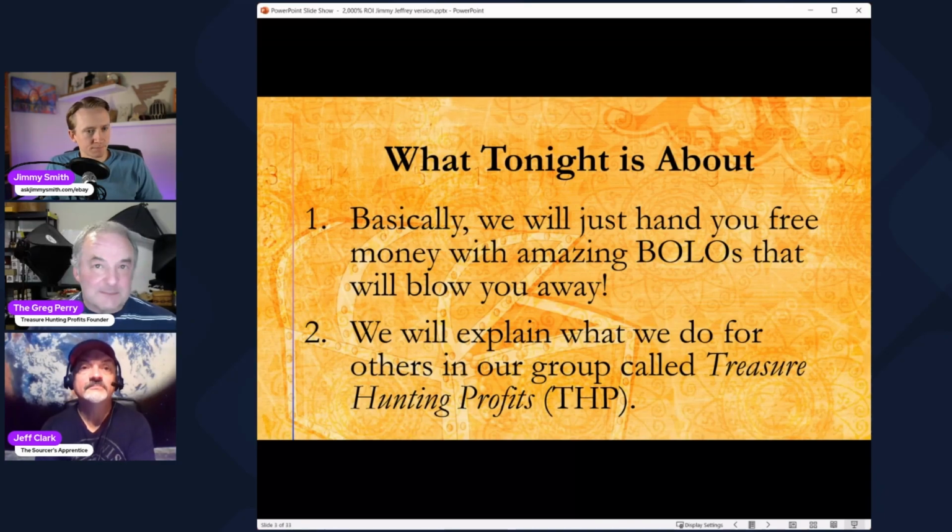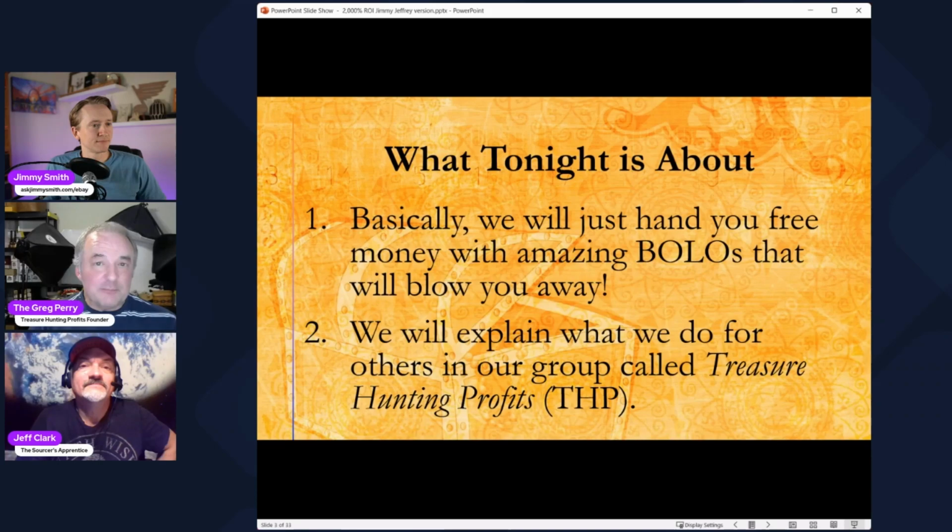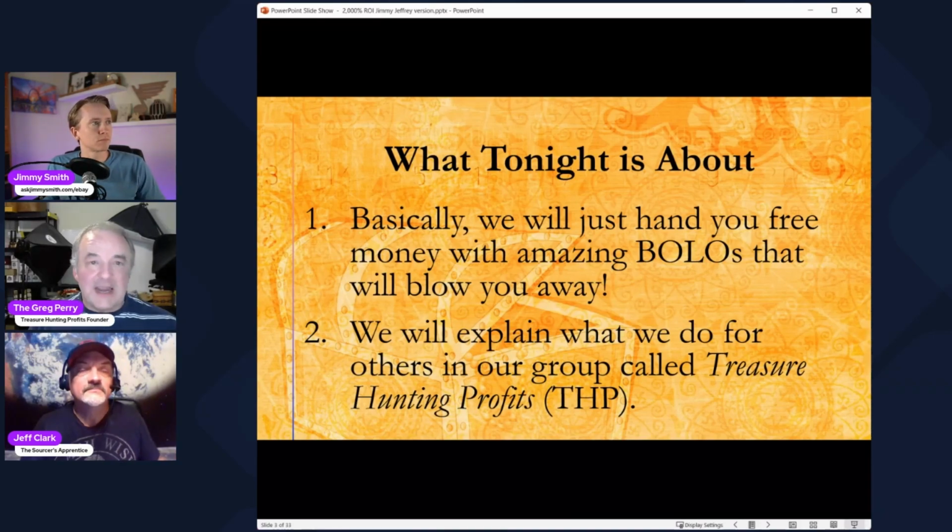But we want to spend almost nothing to make our livings. And that's what we do. It's what Jeffrey and I do. And Jimmy is doing this more and more all the time since he's been in the group. He was a charter member of the group. To do this, we have to do two things. We must show people in Treasure Hunting Profits where and how to find items that cost pennies on the $5 and $10 bills. And two, we have to teach those people how to sell those items so they get more money and their items sell faster than any competitor trying to compete against them on those same items.